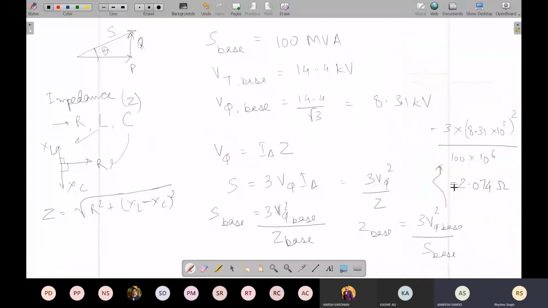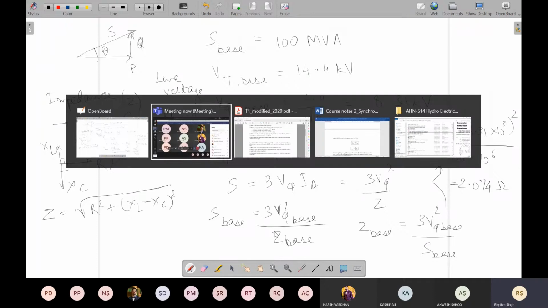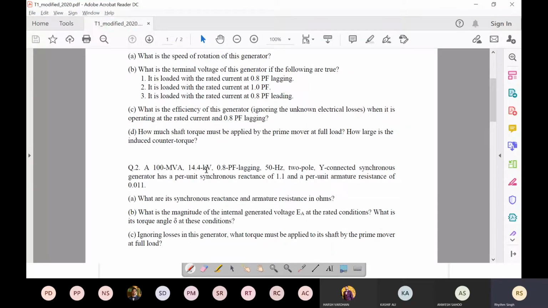The base value can be defined for anything. So this is the baseline voltage. Because voltage is of two types, as we discussed earlier, depending upon what type of connection you have, star or delta. So this is the base value for line voltage, whereas this is the base value for the phase voltage. In a given system, you can also define the base value of current. In the per unit system, the beauty is that you choose a particular set of values as the base values, and then you can express everything as a ratio of those base quantities. So that is the idea.